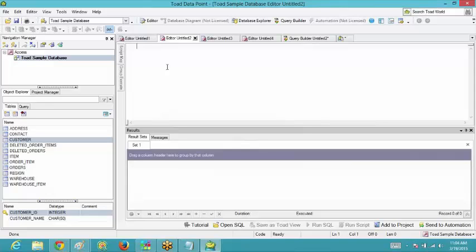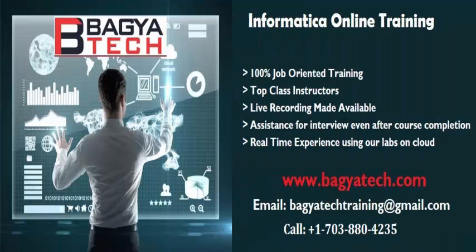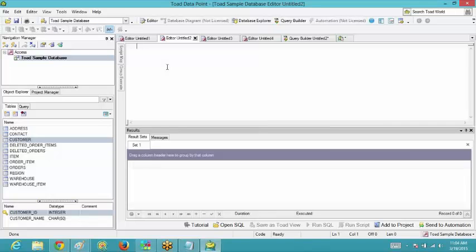Two tables not linked means, yes, there could be some tables which are not linked to each other, so you cannot join these two tables. This is why we are using the query builder, so that we can see which tables could be joined to which. If there is no common link, like we were seeing for the address and the deleted order items, there was no common